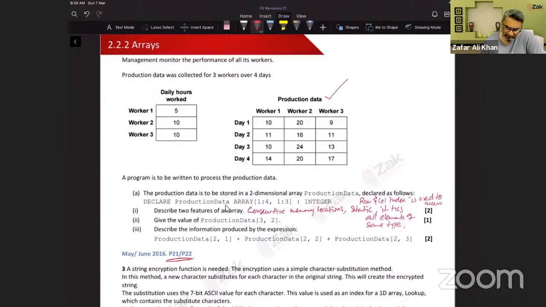Give the value of production 3 comma 2. So 3 comma 2 will be this. This is column 3, sorry, row 3, column 2, 24. So that would be 24. And then it says describe the information produced by the expression. Production 2 comma 1. 2 comma 1 is this 11 plus 2 comma 2 16 plus 2 comma 3 is 11. So that will be